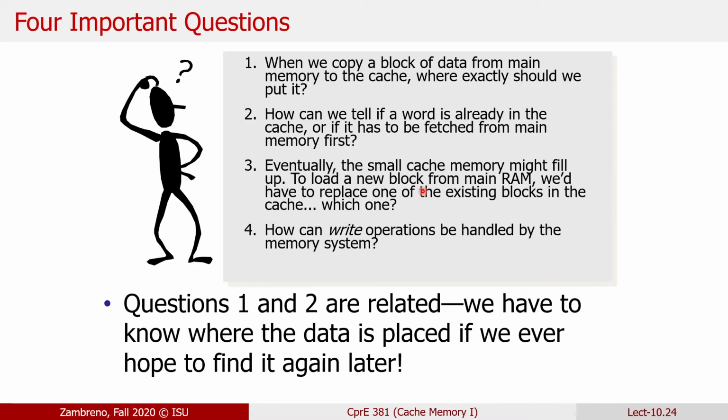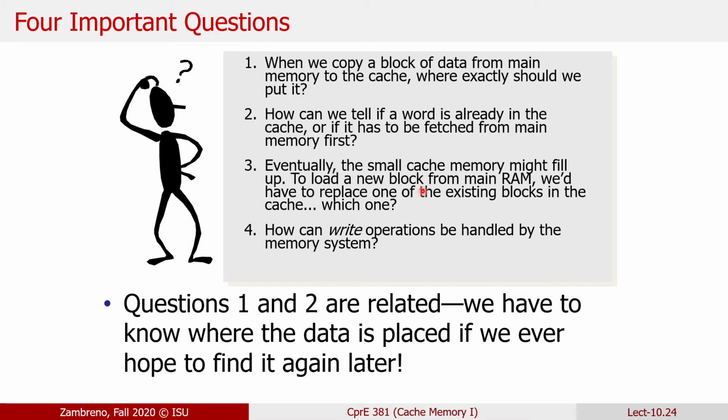So the 4 important questions as we design a cache and build the logic for it are, first off, where do we put things in the cache? That's our first question we have to answer. Second question, which is directly related to it, is how do we determine whether or not the value we requested is actually in the cache or not? The third one, which we won't get to today,